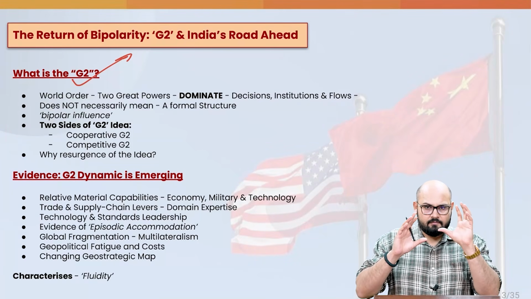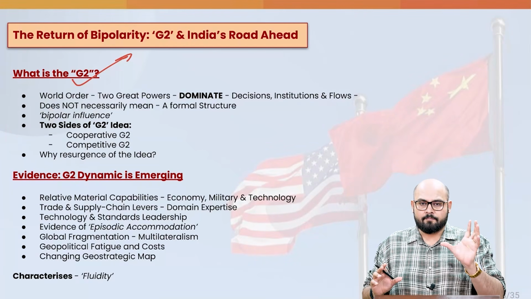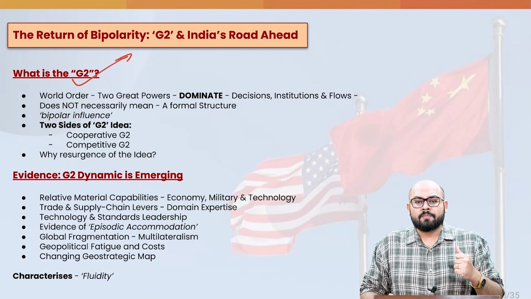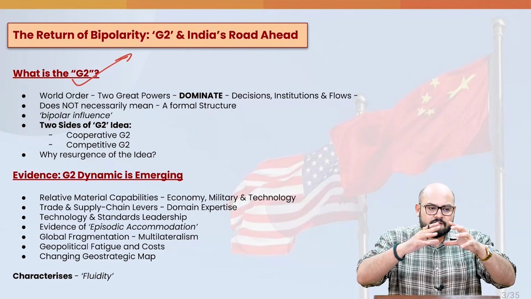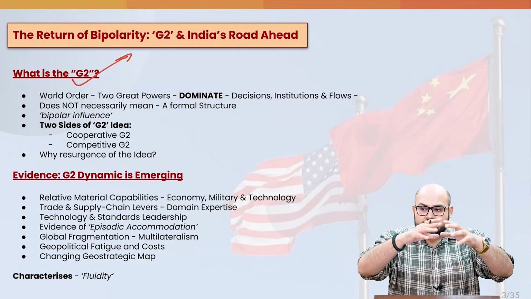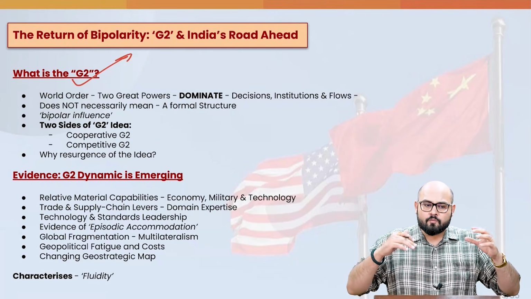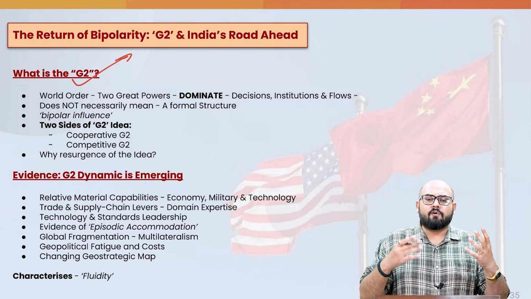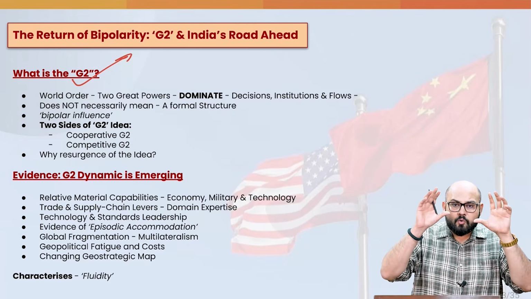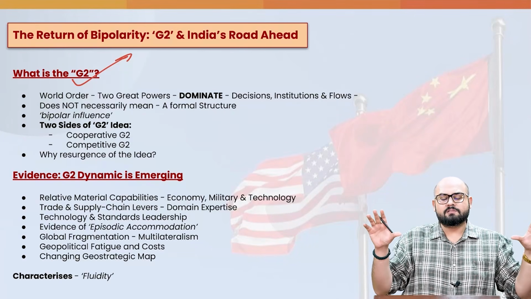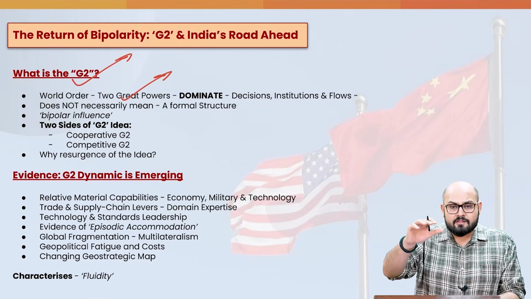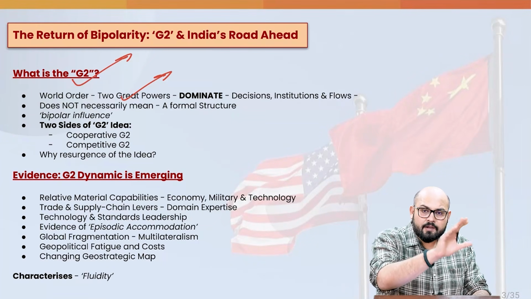See, the basis of this is the world order, and I have elaborately told about this even in earlier sessions, that world order signifies the distribution of power and authority among different countries and institutions around the world, right? So world order is something which continuously evolves. When we are talking about the G2, it talks about that 2 countries are dominating the whole world system. And these 2 great powers, as of now, what we're talking about is the USA and People's